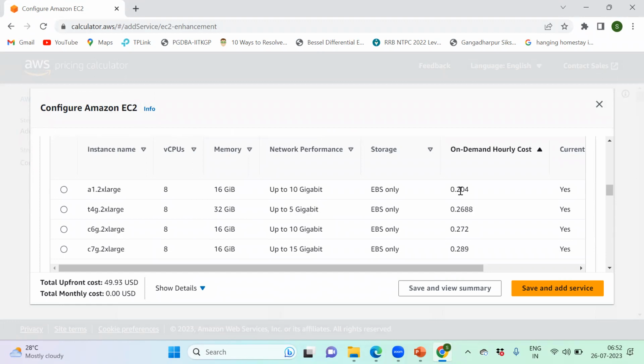You can see the cost has increased, 0.204 USD per hour. This is the costing step. You need to estimate how many hours it will be running and what the total price will be. You have to estimate a monthly cost on top of that, based on all the components. I just showed you the example for EC2.